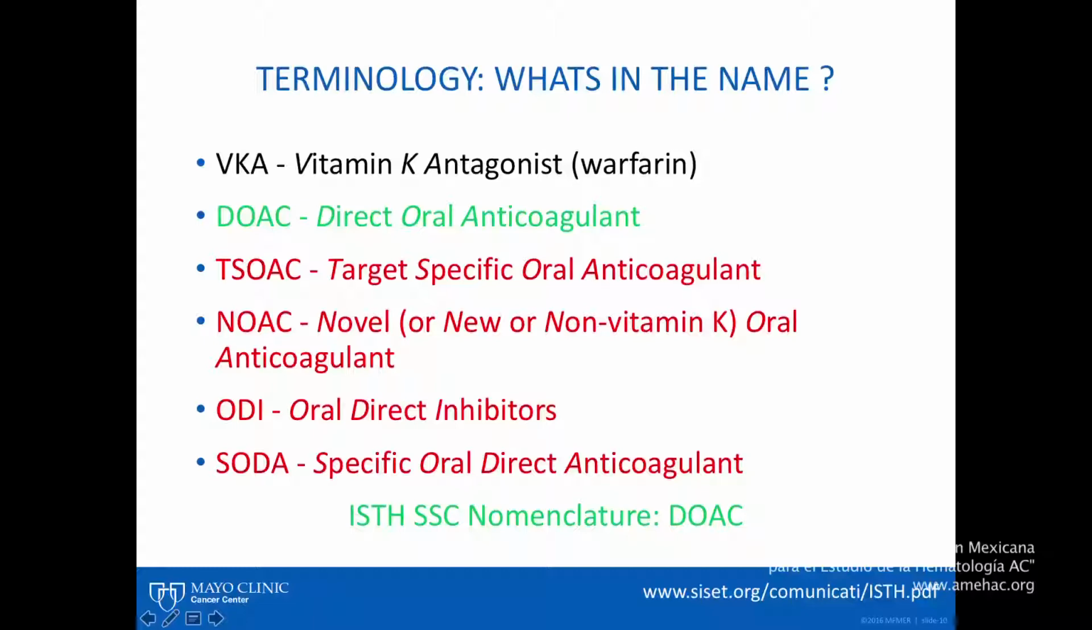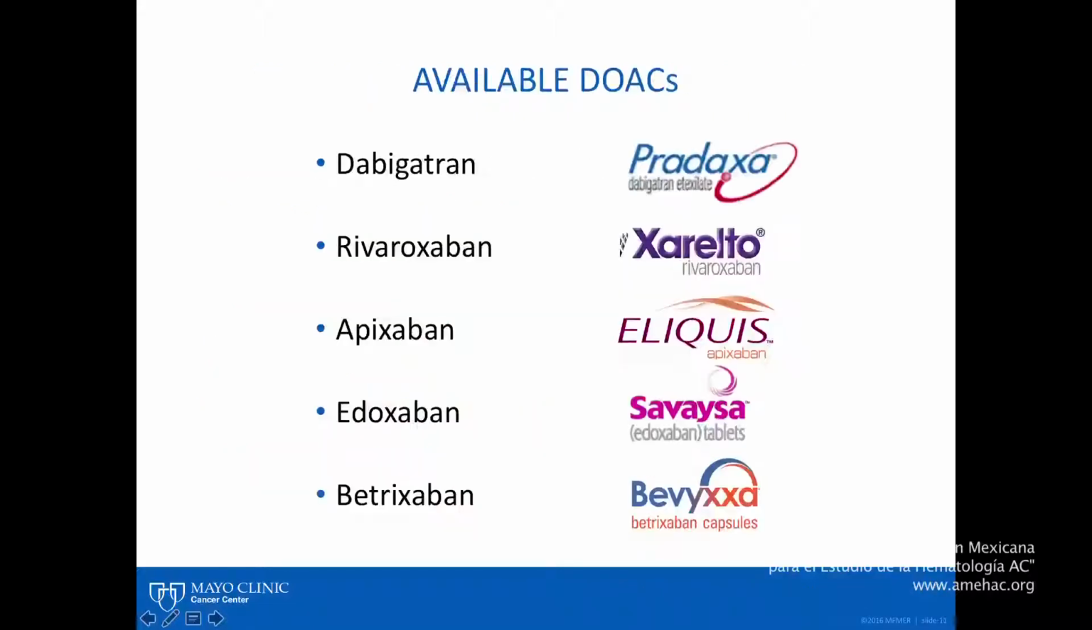These are not new or novel anymore. Somebody was calling them ODI, oral direct inhibitors. Somebody was using SODA, specific oral direct anticoagulants. But in general, now there is a consensus that we should be using DOACs as nomenclature for all these newer drugs, direct oral anticoagulants. So these are the 5 drugs that are now approved and available in the market: dabigatran, rivaroxaban, apixaban, edoxaban,